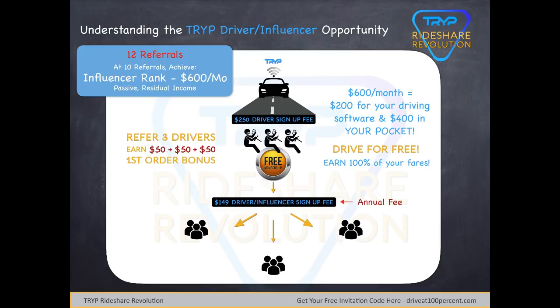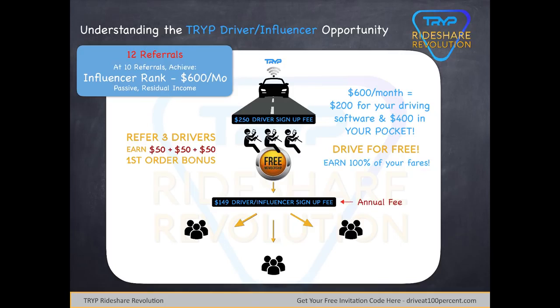Well, at 10 referrals, you now qualify for the next compensation plan ranking, which is the influencer ranking. And off of 10 referrals, you could be making $600 a month instead of $200 a month. So how do you do this? What's the difference, and what allows you to then move into that space? The only difference is you pay a $149 annual fee to become a driver influencer. So it's just one time a year, $150, and now you have the opportunity to refer as many people into